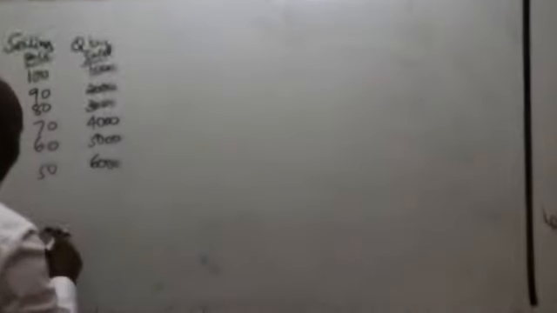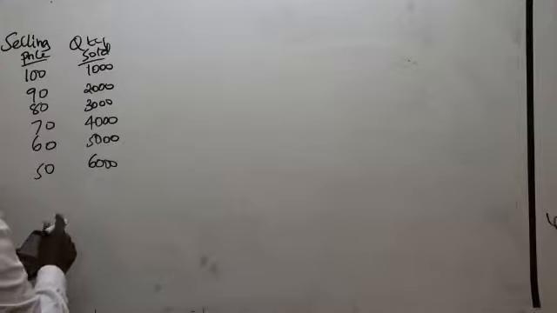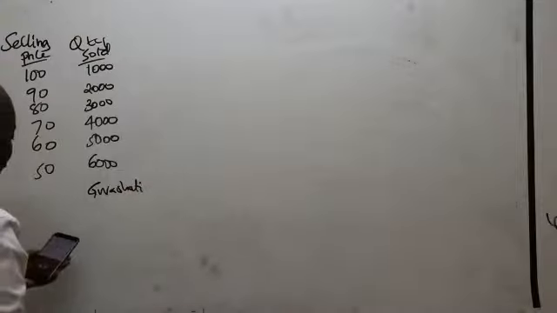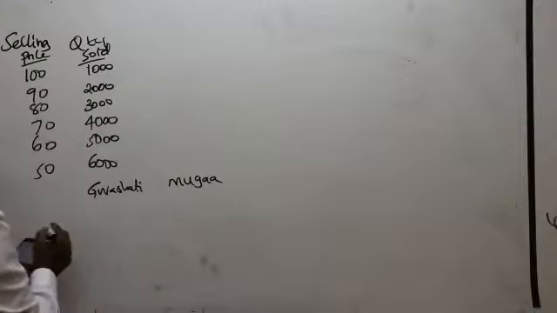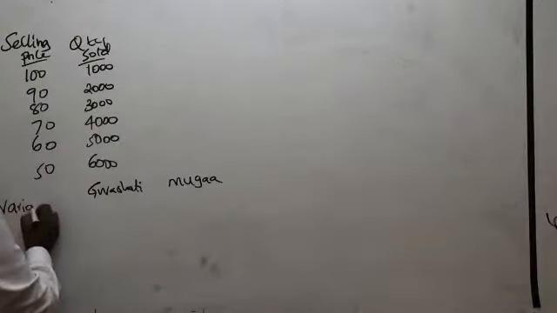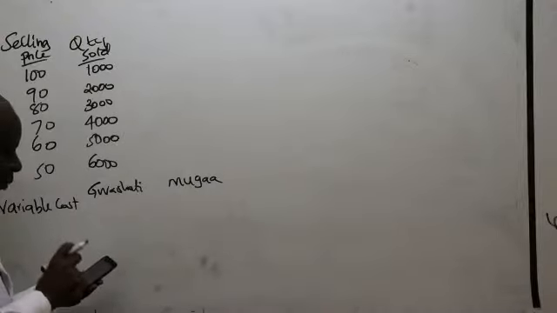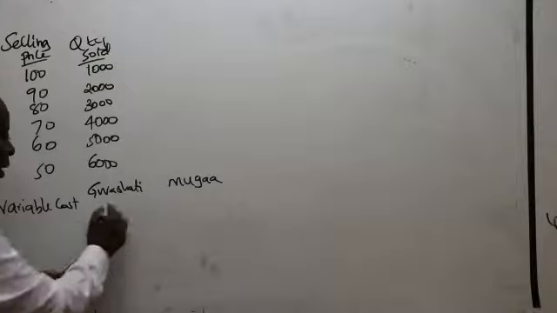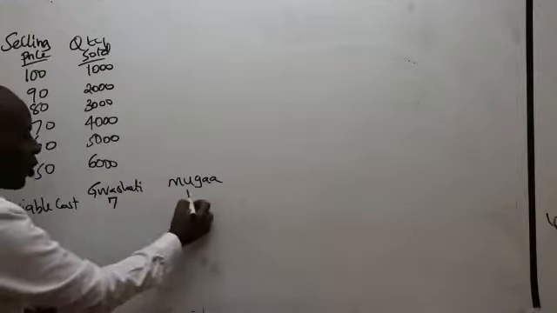And then down here, we can see we have two divisions: Guashati and Muga. They have given us the variable costs. The person who sent me this question never converted it to a PDF, and I don't know whether they have really changed it, but according to this, the variable cost per unit for Guashati is 7, and for Muga is 11.